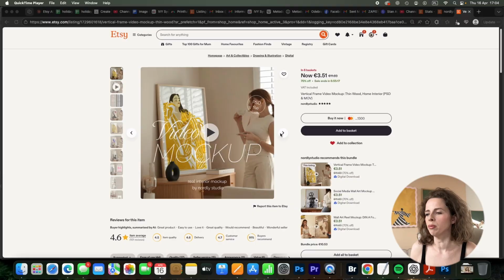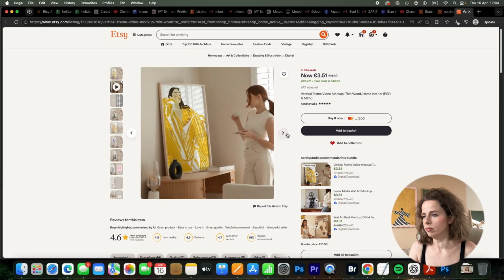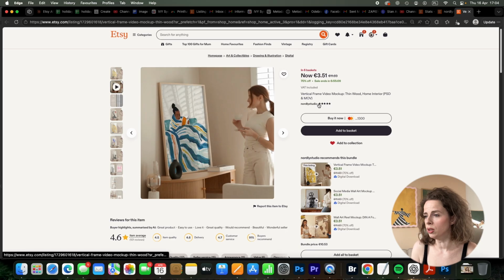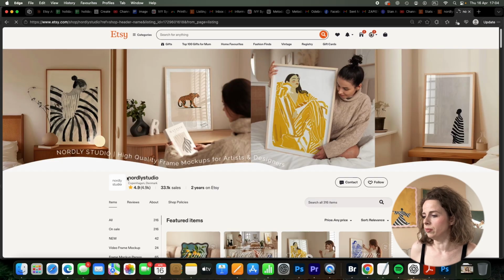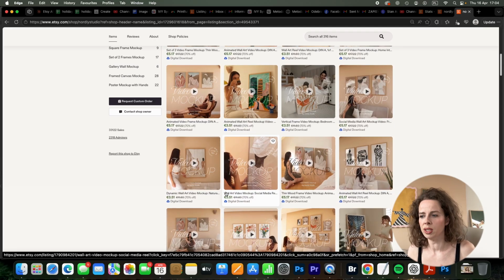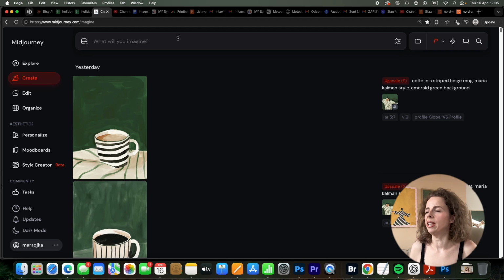And one way, the regular way, would be to buy a video mockup from one of the Etsy shops. So you can buy them from Nordly Studio. They have several video frame mockups. But I wanted to show you something different. This is the regular way, and I want to show you something special. So we will get to Midjourney, and we will create an